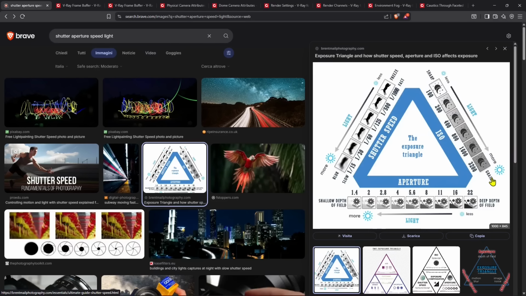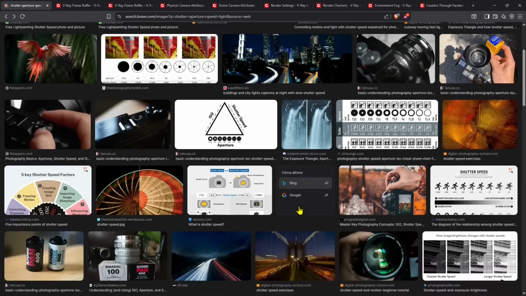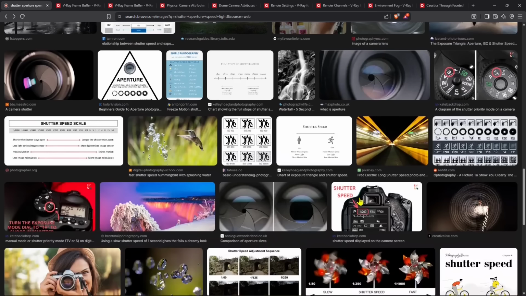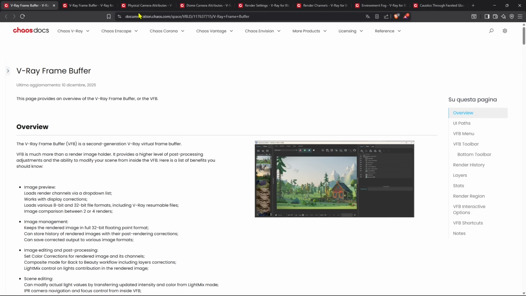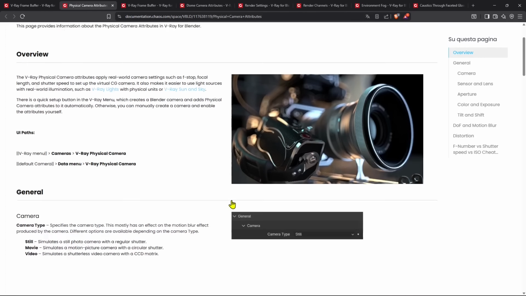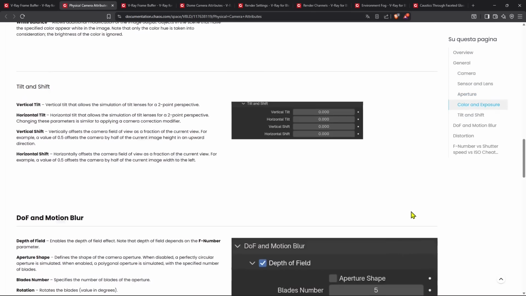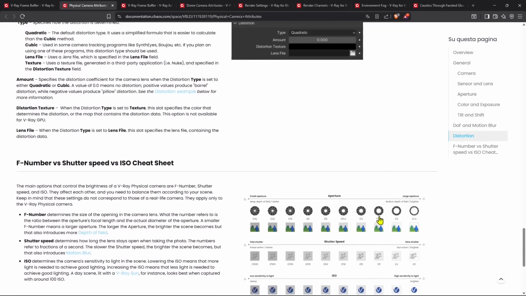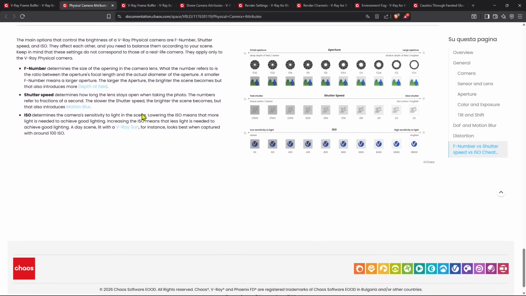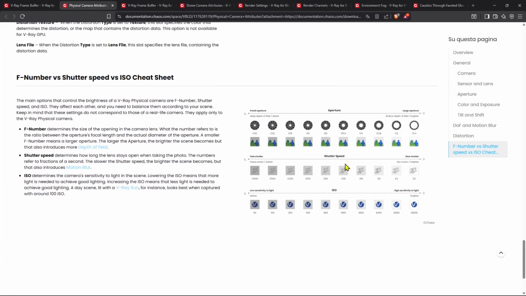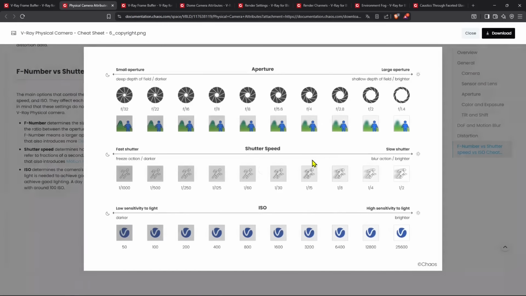So we have these three parameters: ISO, and then we have aperture, and then shutter speed, that will influence these effects: the brightness of the scene, and the depth of field, which is focus and non-in focus, and also the motion blur. Now, as for any other setting, you can find more information in the manual, and if you go in the section about the physical camera in the manual,